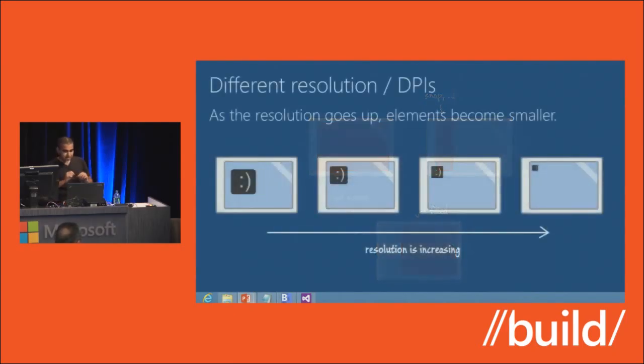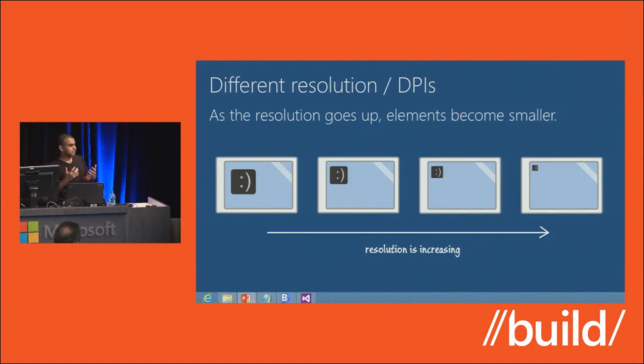There's one more little thing to focus on. We've always taken for granted that as your resolution keeps going up, keeps increasing, your UI gets smaller and smaller and smaller. Now, that worked great in the past, but why might that be a problem today? Anybody want to shout out an answer for why? Pardon me? Touch. Touch is the answer because the mouse is a very precise pointing device,